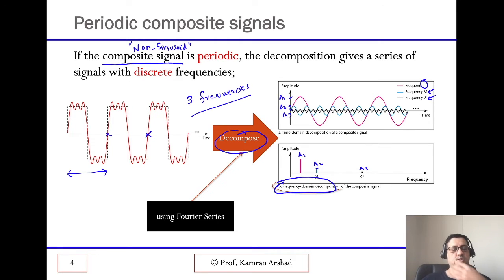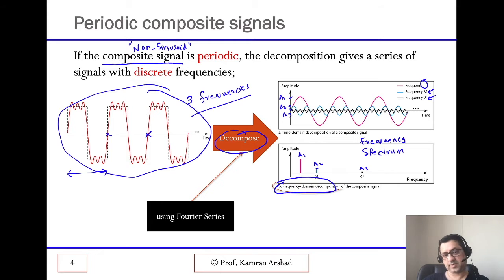So one way I show it here like this, and another way of showing the same signal here like this, and this is what we call a spectrum. Normally we call it a spectrum, but the full name is frequency spectrum. Frequency spectrum simply means how many frequencies are present in your signal. Either I can show you the shape of the signal, how it is behaving or changing with time, or how the amplitude of the signal is changing with time, or I can show you the spectrum or frequency spectrum, because from the frequency spectrum we can also see very easily